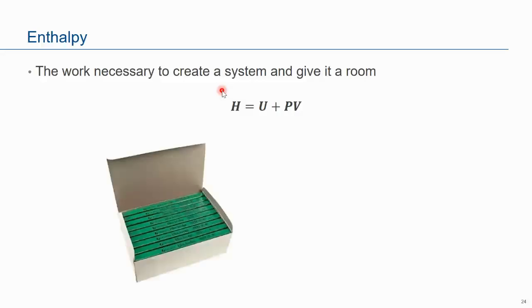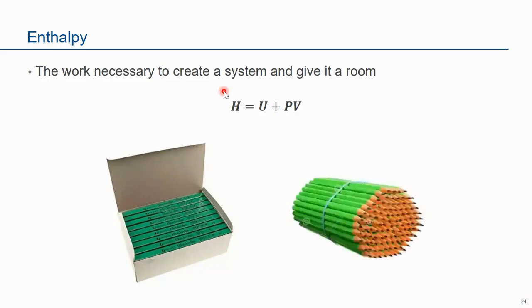Consider this bunch of pencils na nasa kahon, and kapag nasa kahon sila, yung box which is assumed to be rigid, it holds them in place. So yung box, rigid siya, ibig sabihin hindi siya gaanong nag-a-apply ng force on the pencils, so tahimik na nabubuhay yung mga lapis sa loob ng box. Now, assume na kunin mo yung mga pencil out of the box. So kapag ginawa mo yun, they will start scattering kasi wala nang rigid box to hold them in place. So to avoid them from scattering, what you do is you put a rubber band around them to hold them in place. Now you stretch the rubber band, right?